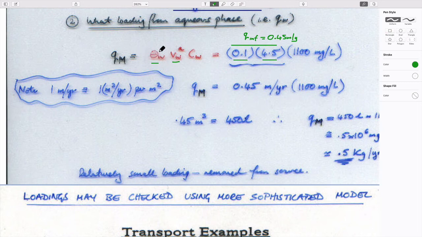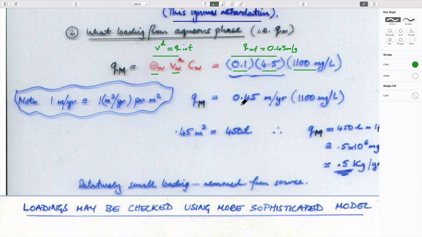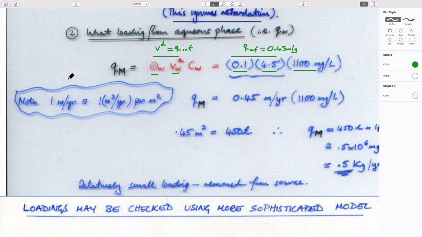By definition, this term is equal to the Darcy velocity. Both of those. And the solubility, the maximum concentration of TCE in water, is something like 1100 milligrams per liter. So if you multiply these by each other, this is the mass loading per meter squared,